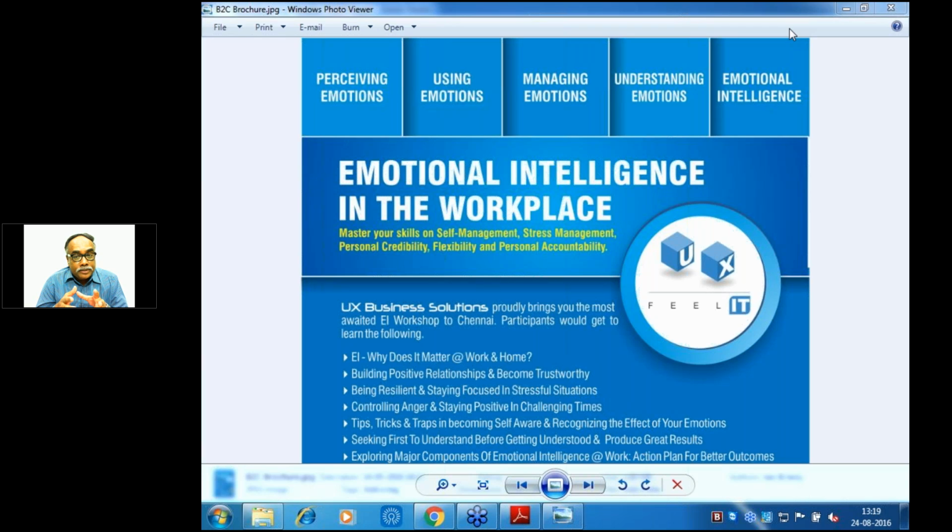So the fourth aspect of emotional intelligence at the workplace is how do we bring in rapport, how do we build professional relationships, and how do we get work done from a number of people across different locations, across different teams, across different units, across different companies, which we might want to work with as an outsourcing kind of supplier, vendor relationship and so on.